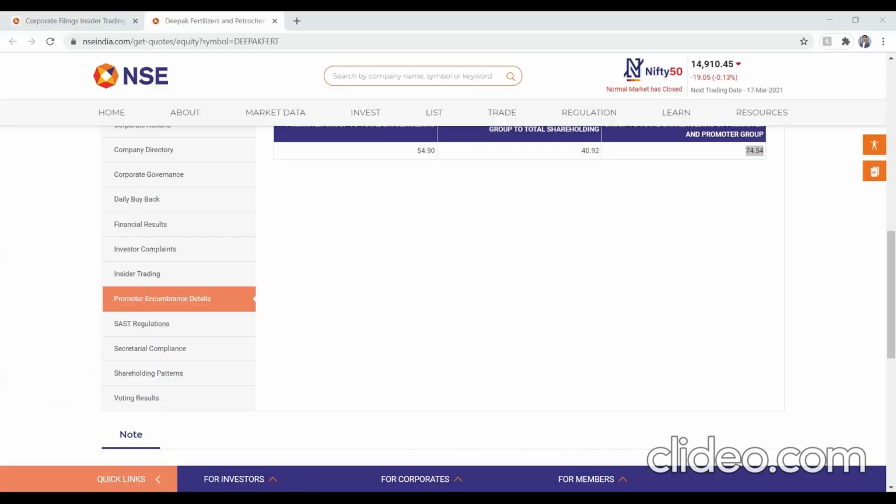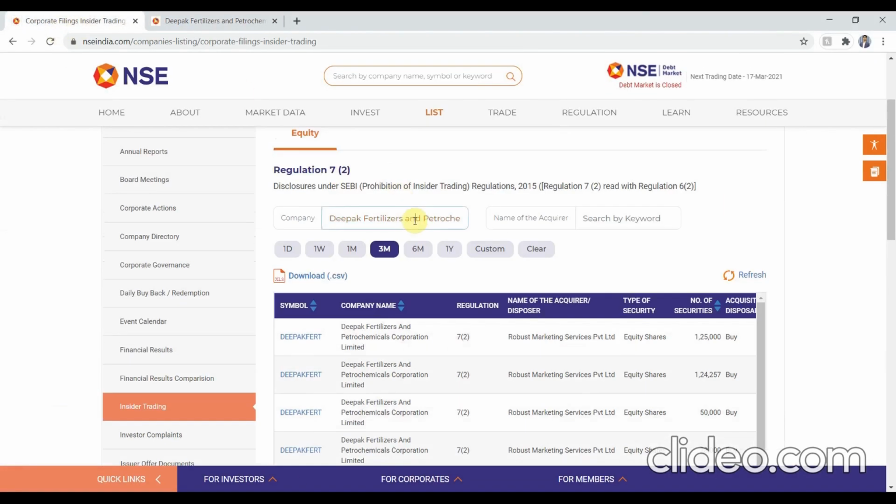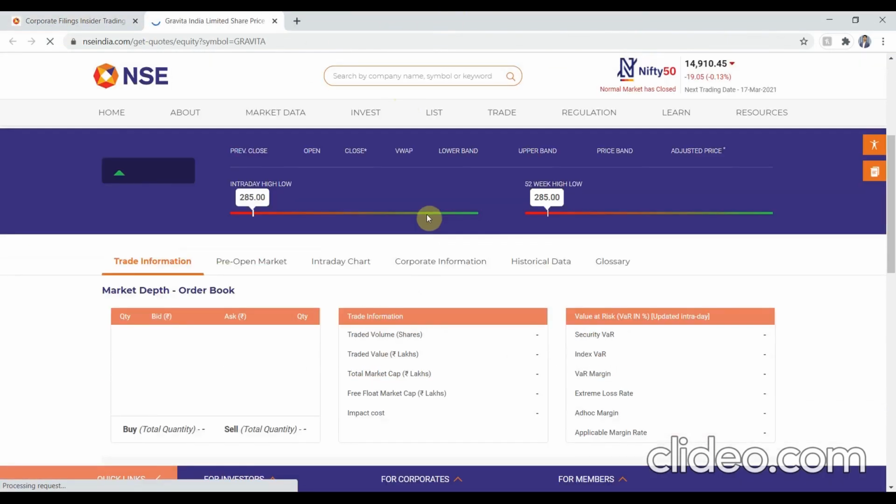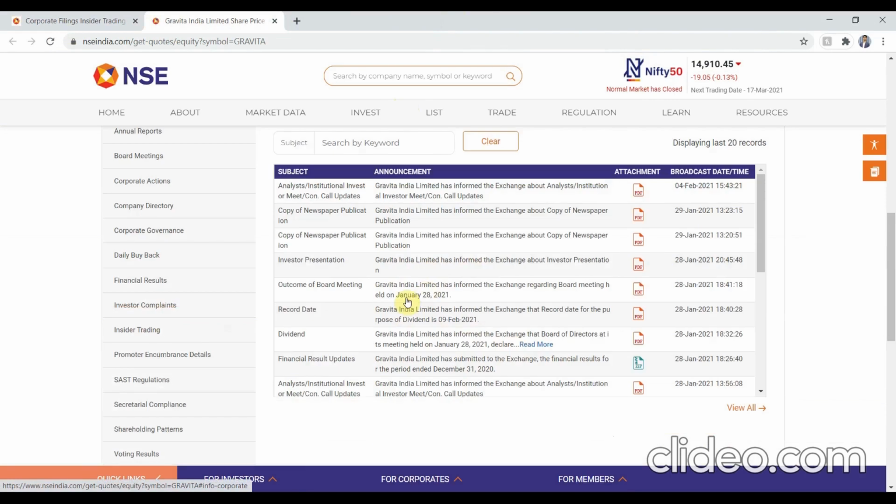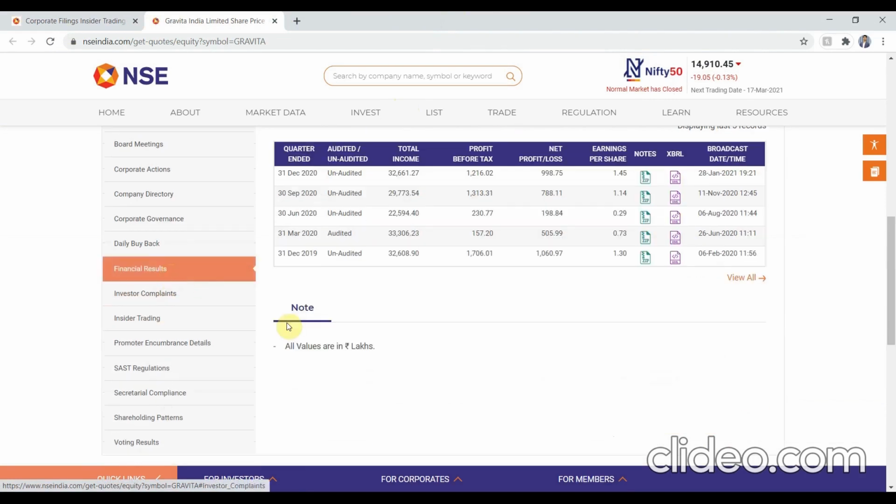Gravita, copy it down, paste the name here, click on the symbol. Next, go to the corporate information. Let's check the financial results for a change. Earnings per share. I know this is an optional one, but what's the harm? At the end of the day, we have to check all the four, right?